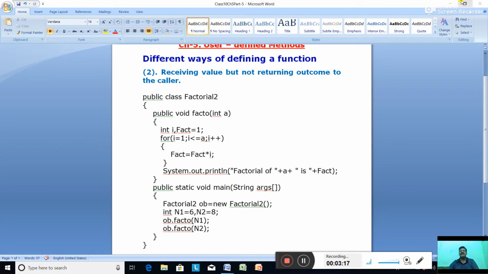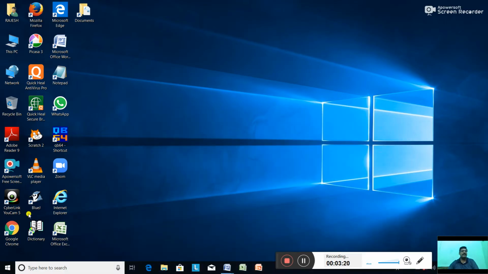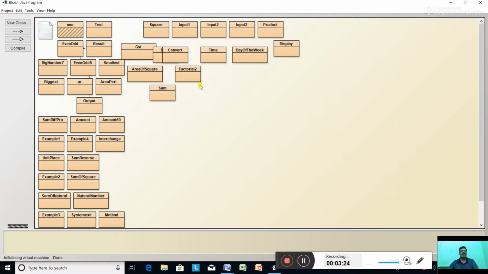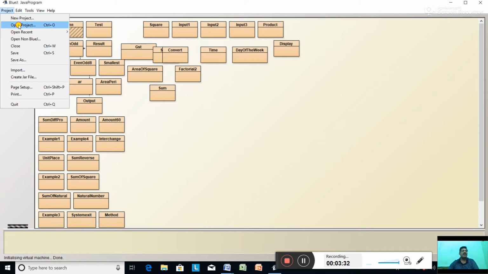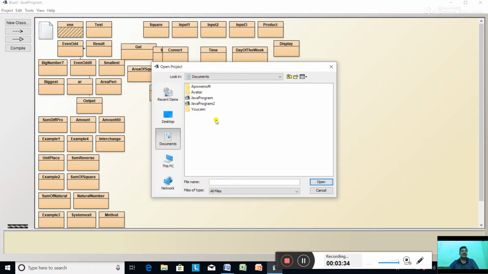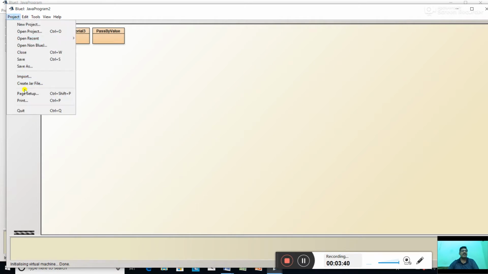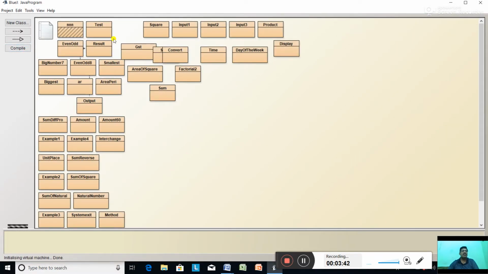Alright, now let us see this program in Java. Okay, Factorial2. This is the program. Search for Factorial2.